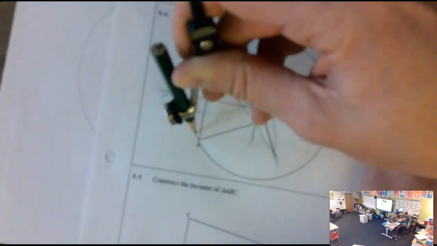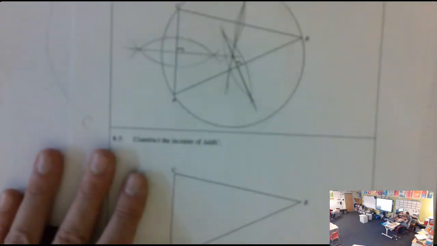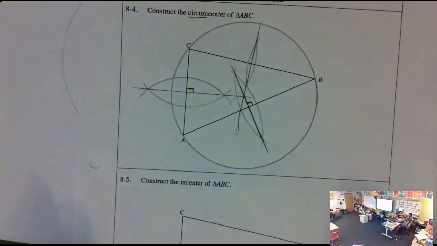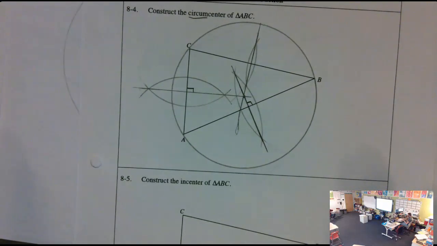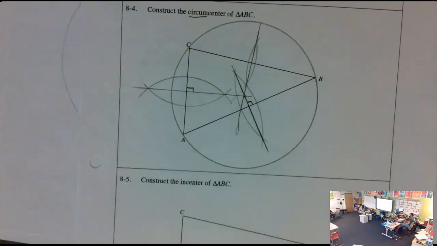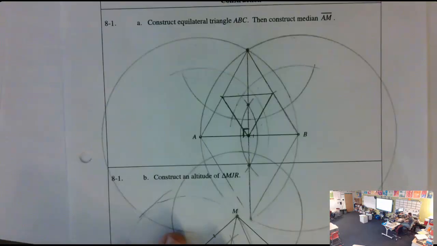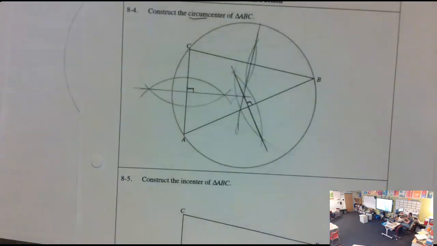So how is this not the center of the triangle? What do you mean, how's this not the center? Well, okay, I guess we should ask, what do you mean by the center of the triangle? I mean, it's in the middle of the triangle, but I don't know what you mean by the middle. In an equilateral triangle, I kind of know what you mean by the center. But in an obtuse or an acute angled triangle,